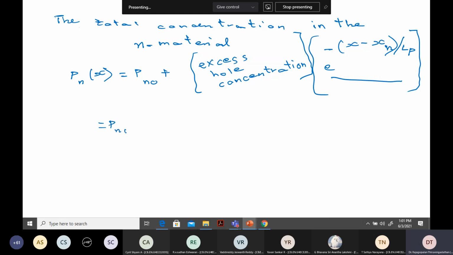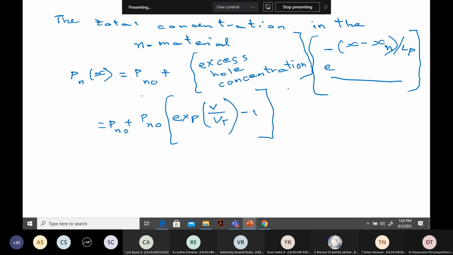So Pn naught plus, let us write this expression: Pn naught, exponential of V by Vt minus 1, into e power minus,